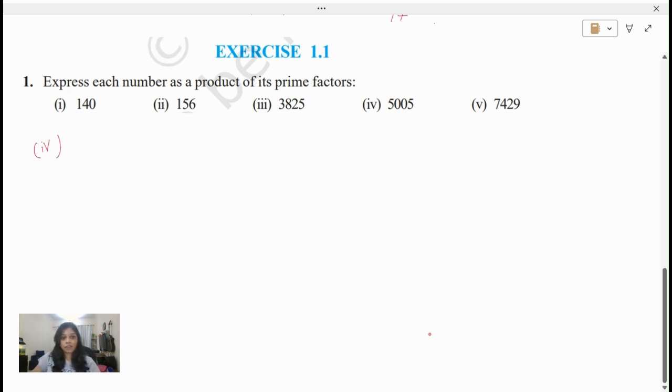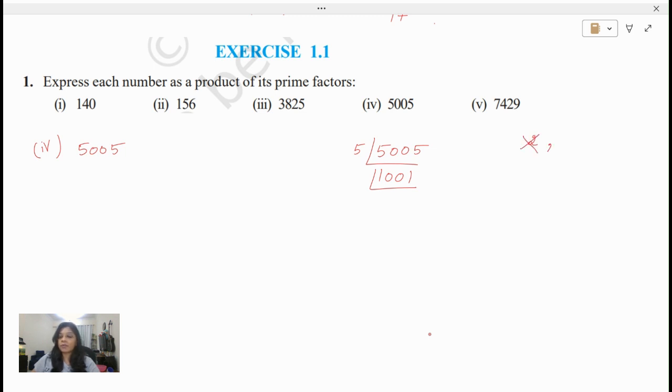It is 5005, right? So I'm going to do the ladder method, and I know I have to use prime number 5 to divide it. It is 1001, right? By now you are familiar with the prime factorization, isn't it? So now 1001, okay, which number can I go with? I know the first prime number is 2, but it is not an even number, so I cannot divide by